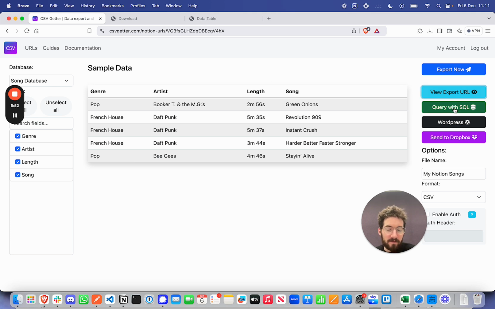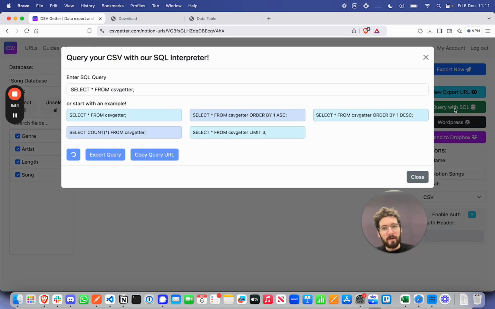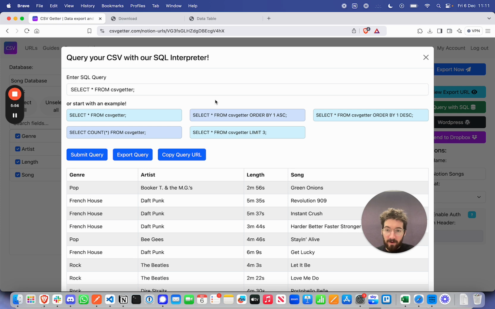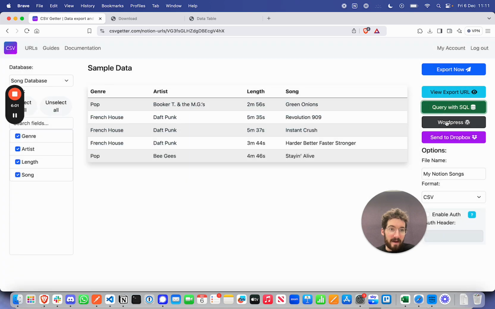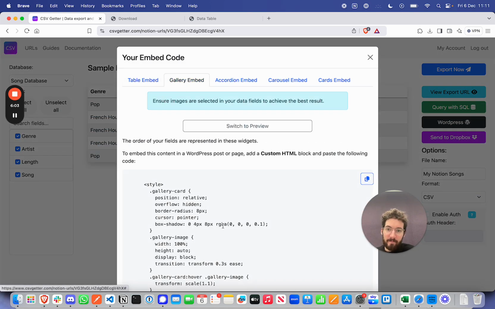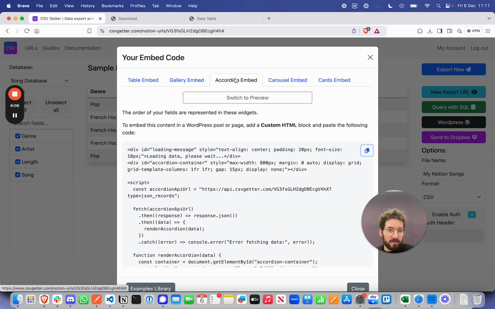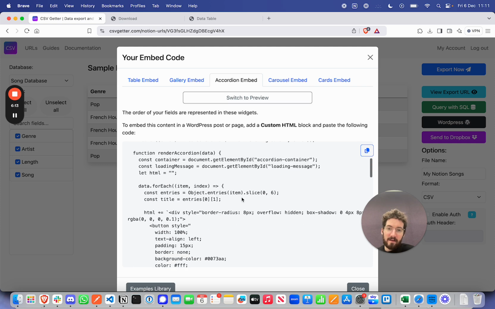We've got a lot of inbuilt stuff that works on top of this URL. For example, the query stuff that can be done right within the platform, and you can copy the query URL there. And you can also make embeddable WordPress snippets really easily using these URLs. And we've got loads out of the box which can further be updated by AI tools. For example, there's this URL in this WordPress snippet. You can copy and paste that into ChatGPT, ask it to tweak it perhaps to something more to your liking, and then you're off to the races building really cool stuff with your Notion data,